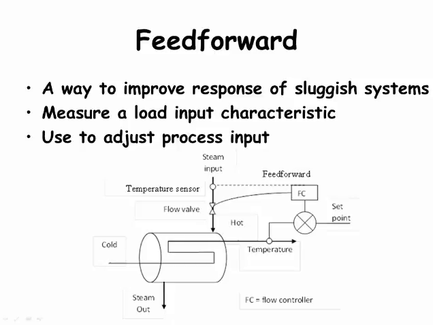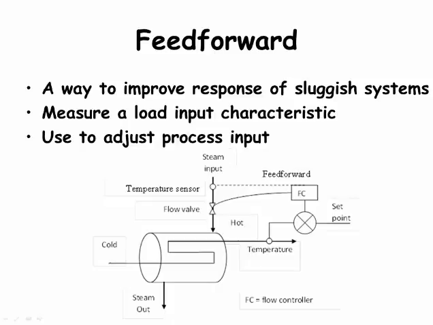The sketch here shows a large heat exchanger where steam is used to heat water. This is a common industrial process. The temperature of the heated water is adjusted by manipulating the steam flow rate. In many cases, the steam temperature can vary, so it makes sense to add a temperature sensor to the input steam line and use that temperature to adjust the steam flow rate so that the heat exchanger can do a better job producing the water at the desired set point temperature. The steam temperature adds feed-forward control to the original feedback control system that measures the heated water temperature to adjust